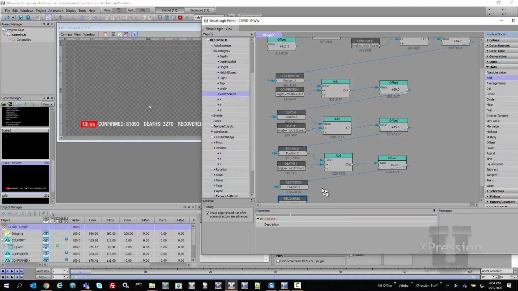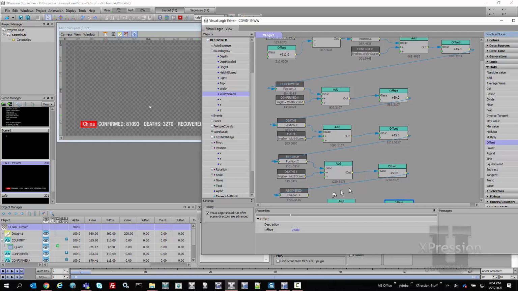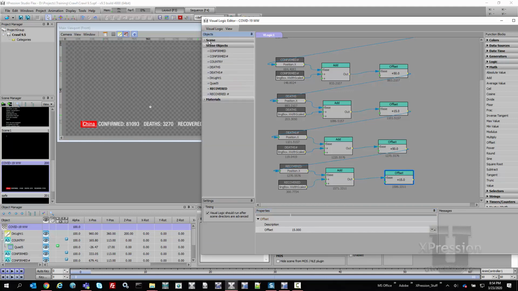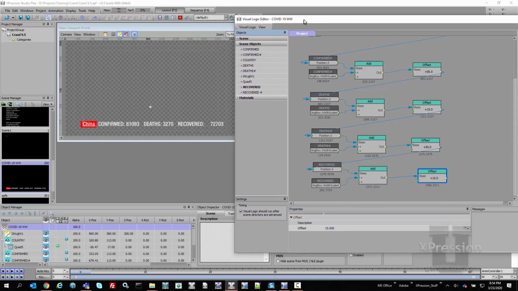I'm going to add it up, and I'm going to need an offset, so I'll put that in. And I'm going to scroll my screen so I can see all of it. And I'm going to take the position of my recovered label. I'm going to take its width and add that together. I'm going to connect it to an offset. And I'm going to set that offset now to be 15 units, 15 hundredths, 15.0. And I'm going to find my last value, which is, I'll move this over so you can see it,